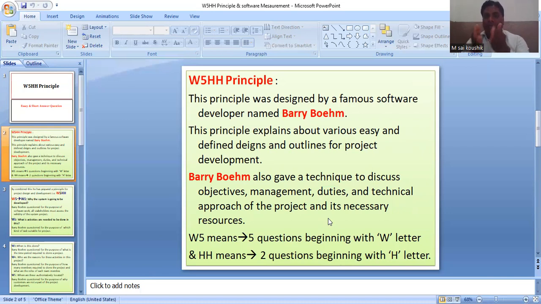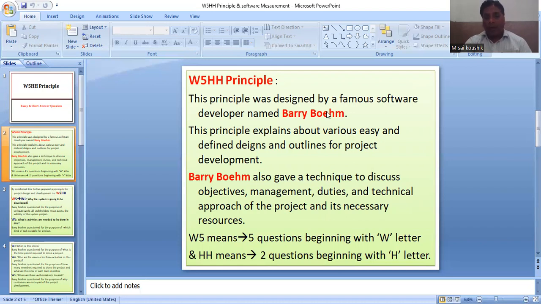Every project developer follows these methods. First, what objectives do we want? How do we manage this project and system software? What is the role of each category and each person? And what technical approach, which technology, is suitable to make this software?